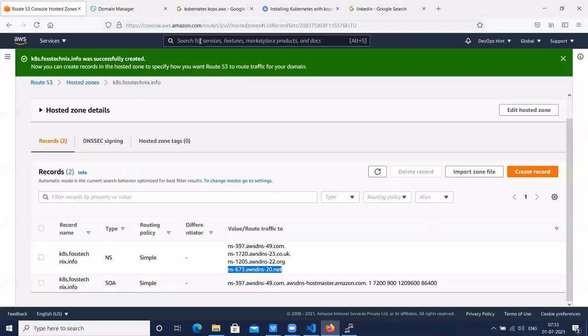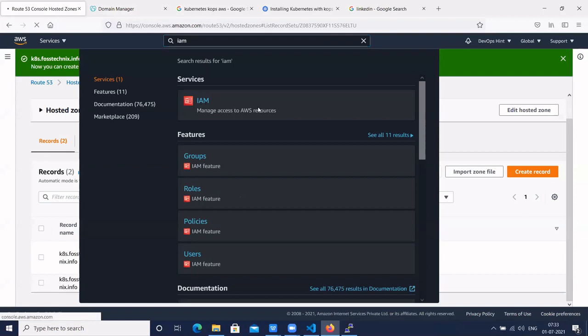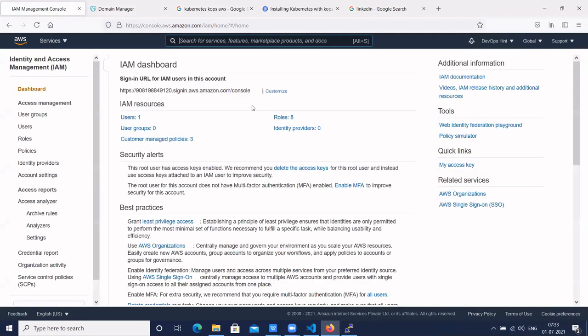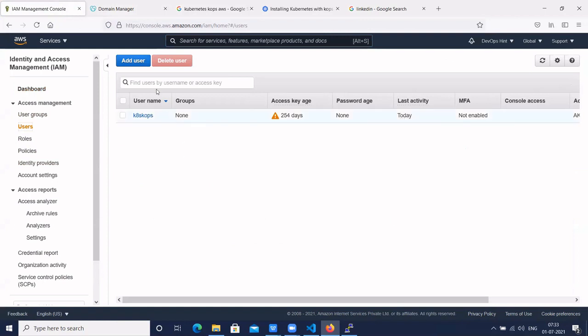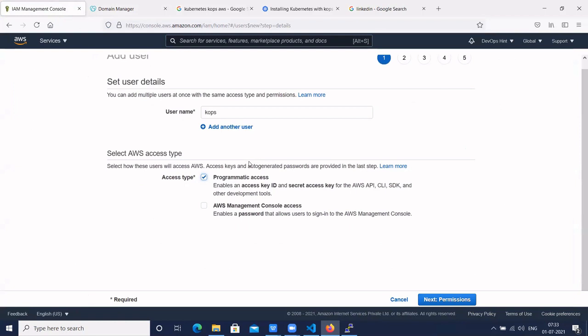To create an IAM user, search for IAM here. Then you will be redirected to the IAM dashboard. On the left side, we have the option Users. Let's create one new user. Click on add user. I'm giving the username Kops. For now, we need only programmatic access, so let's select programmatic access